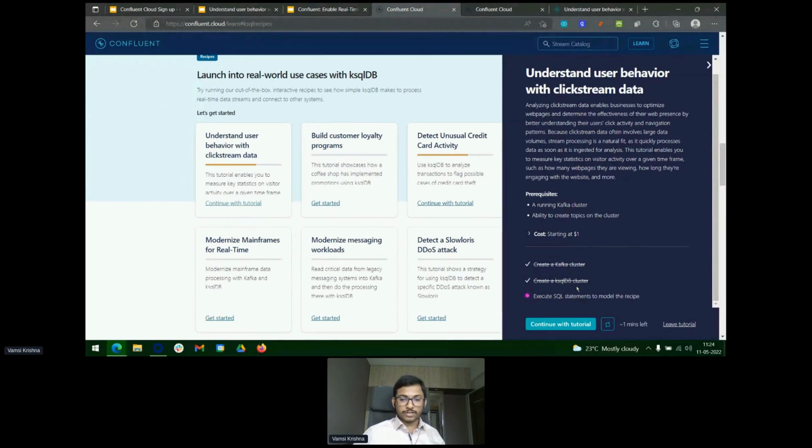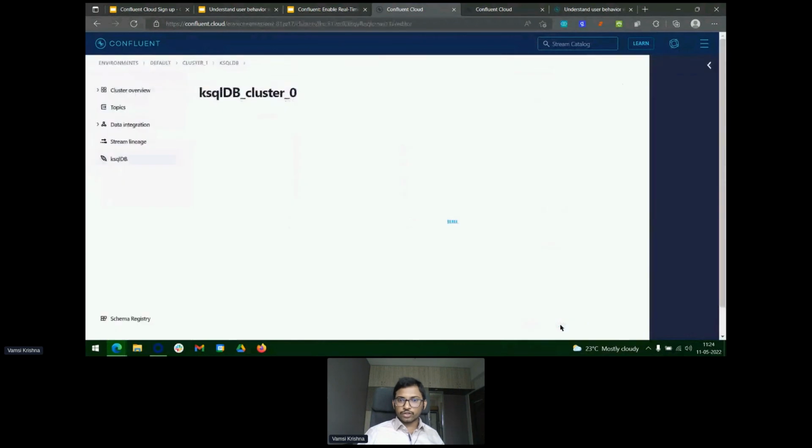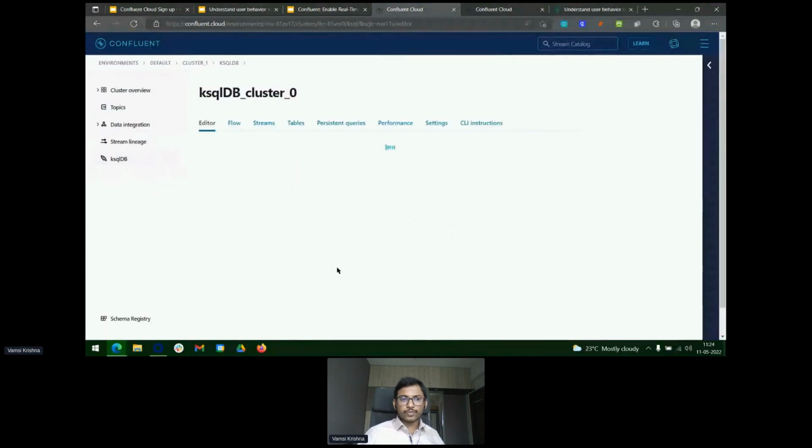Remember, we have already done this at the beginning of the session itself. So they should already show a tick box. For some reason, if it doesn't show, just leave the tutorial, come back to the same page, and click on the same thing. Sometimes because of cache, the problem comes in some browsers. It should automatically show a tick box again for the first 2 items, and the third item there should be a pink ball just glowing there. So click on continue with tutorial, which will take you to an editor page